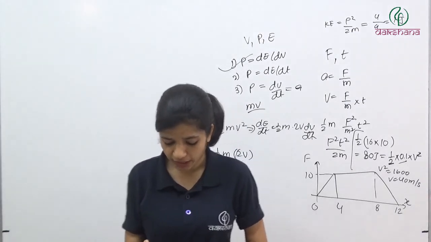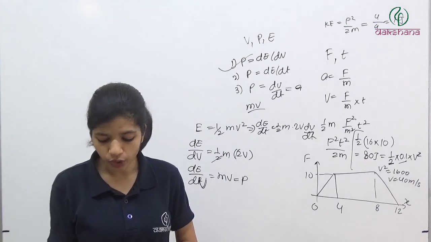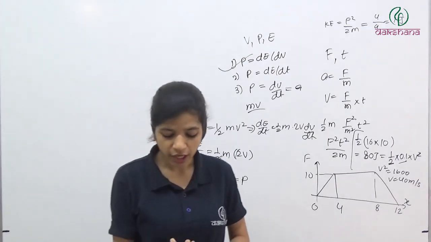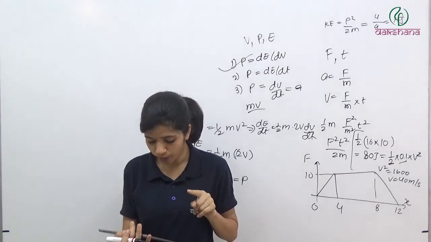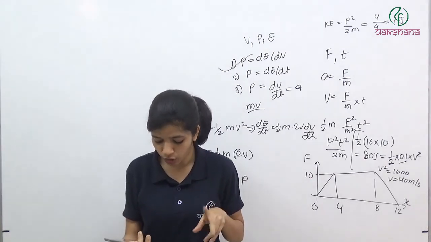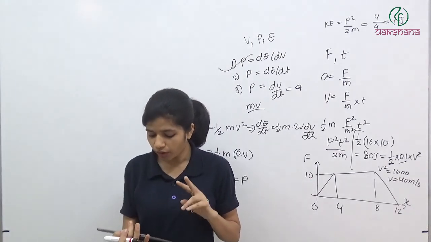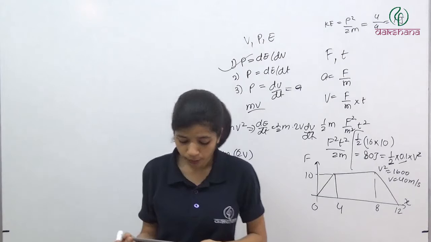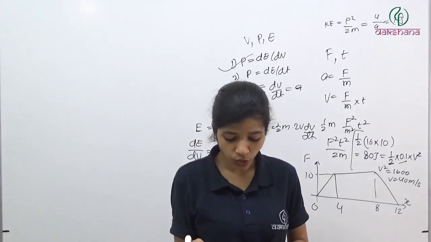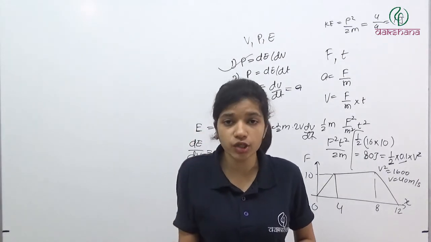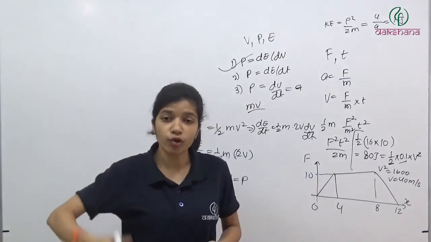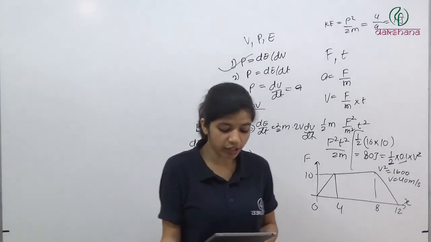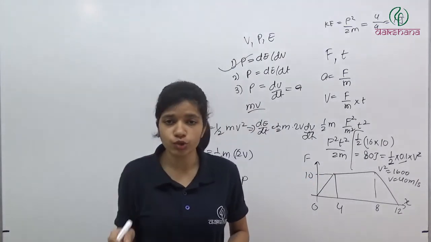Question number C9. When a man walks on a horizontal surface with constant velocity, work done by friction. First option is work done by friction is 0. Work done by contact force is non-zero. Work done by gravity is non-zero. Fourth is none of these. So work done by gravity is non-zero. Bhai, work done by gravity is 0. You're walking on a horizontal surface and gravitational force is vertically downward, so definitely work done by gravity is going to be 0 because those two are perpendicular.